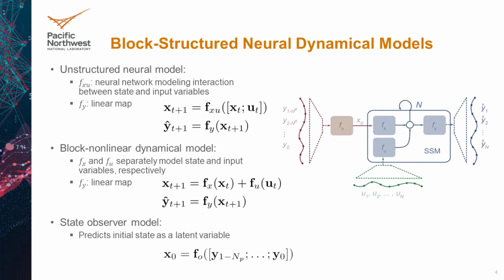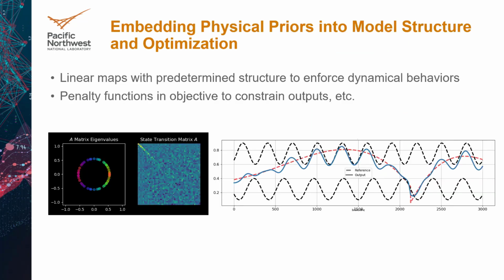You might notice the resemblance between this model structure and that of traditional block-oriented state space models. Finally, since we're working with partially observable systems, for both models we use an additional neural network to generate initial states from past observables. Using this generic block-oriented model framework, we can now begin to embed physical intuition about dynamical systems into models, using structured linear maps to induce sparsity or spectral constraints in various model components, and by including penalty functions in our training objective to bound the output of the model, limit the effects of control input on state dynamics, and so on.